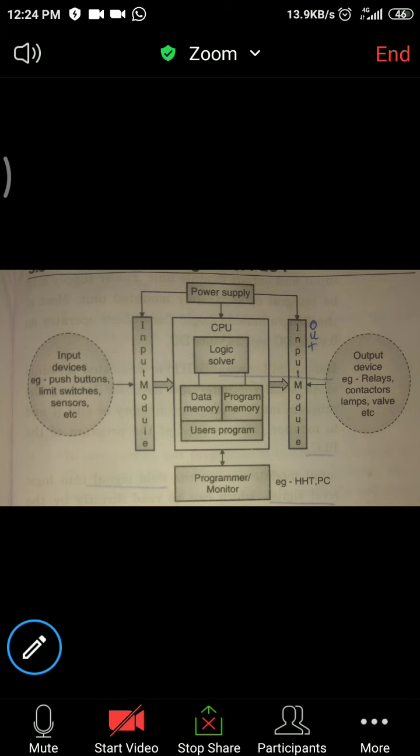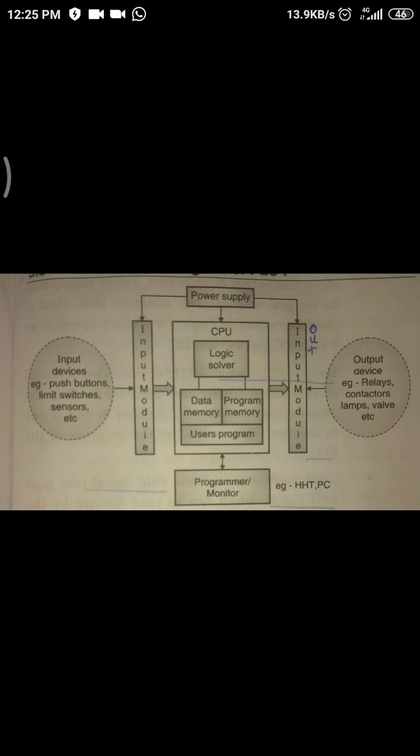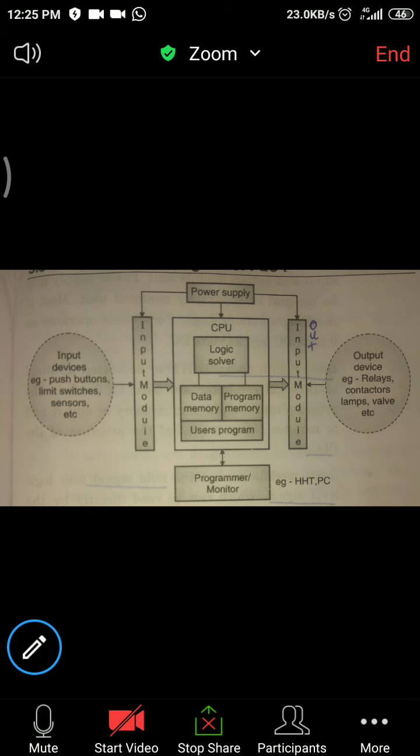So today the main topics were what exactly is meant by PLC, what is the use of PLC, why PLC is required. Then we studied the evolution of PLC, the advantages of PLC, the need of PLC, the disadvantages of PLC, and the block diagram of the PLC. That means what the main internal blocks of the PLC are, and the overview of PLC, meaning how it works actually. So I hope the PLC part is now clear.